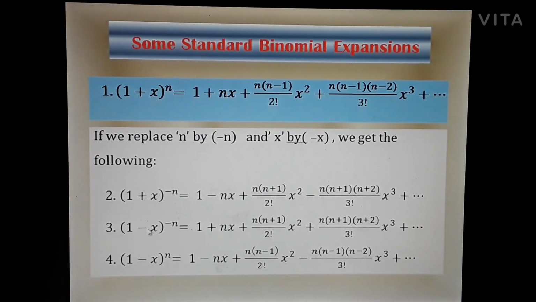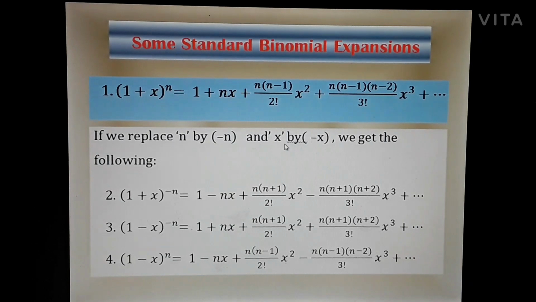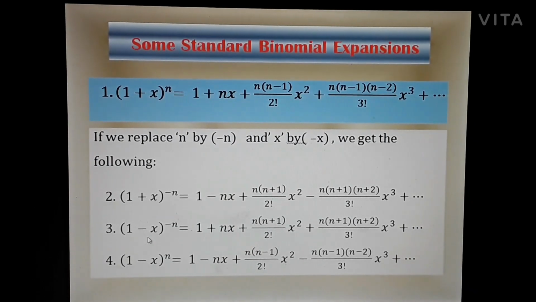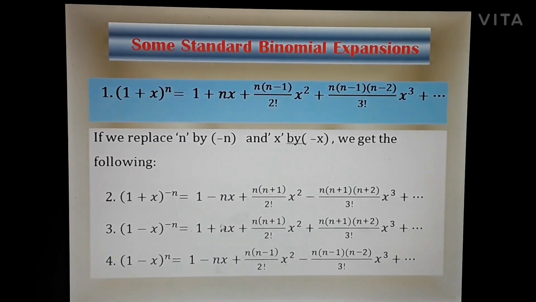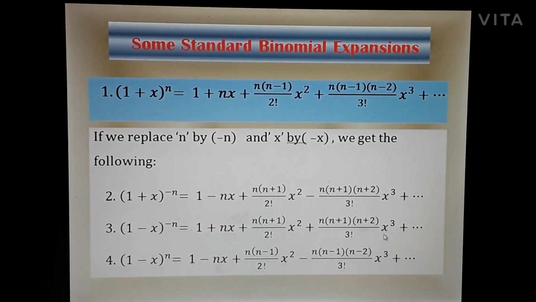Then in the second expansion, put x is equal to minus x. You see, replace x by minus x. So here in the second expansion, put x is equal to minus x. So we are getting 1 plus 1 minus n into minus x, that is minus of minus becomes plus. So here minus x the whole square becomes plus x square only, and here minus x the whole cube becomes minus x cube. So already one minus is there, so minus of minus becomes plus.